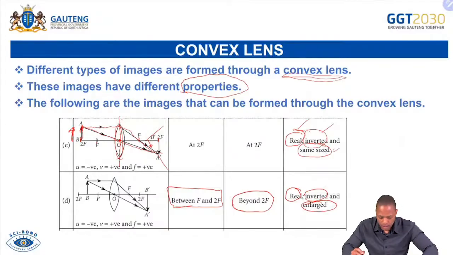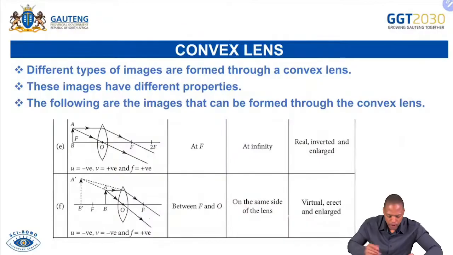Okay? And then, if we continue, if we place it exactly at F, the focal point, there you will see, if you do the drawings, what you will notice is that the rays will be parallel. There will be no point where they are meeting, okay? That's if the object is exactly at the focal point F. Theoretically, we say that the image is formed at infinity. That's theoretical. But in practicality,